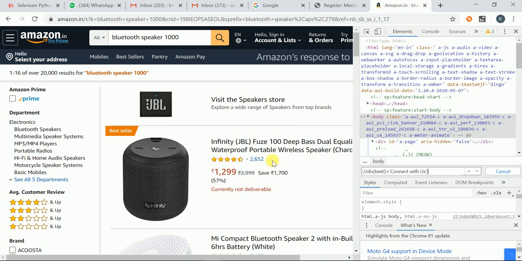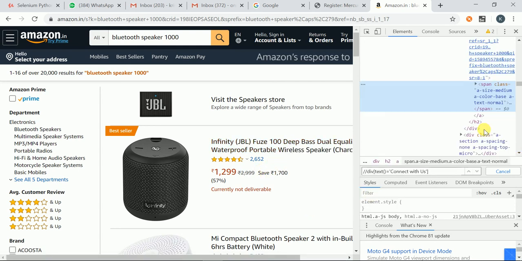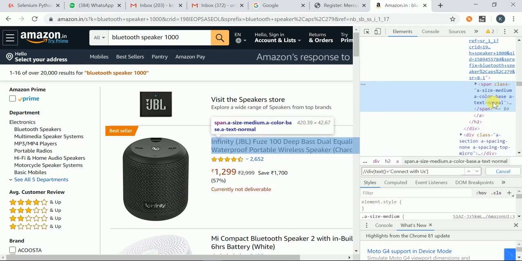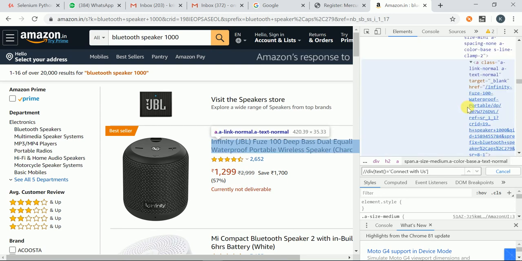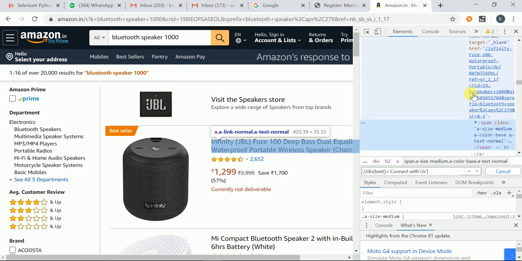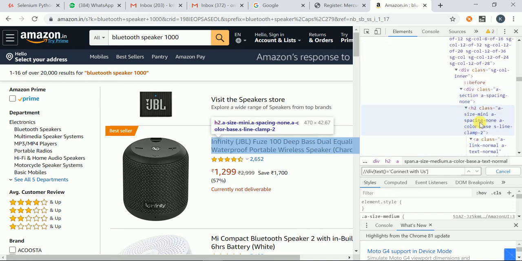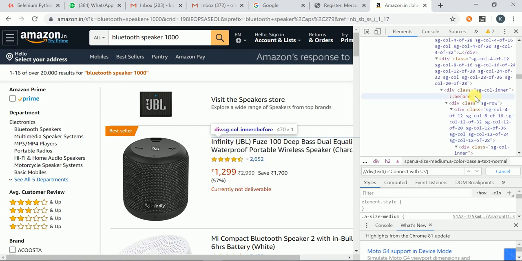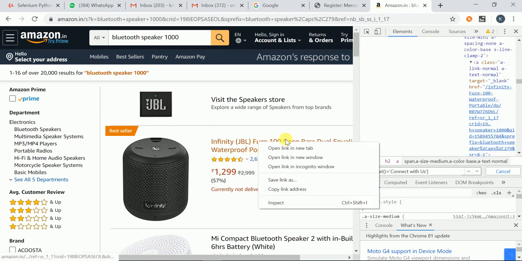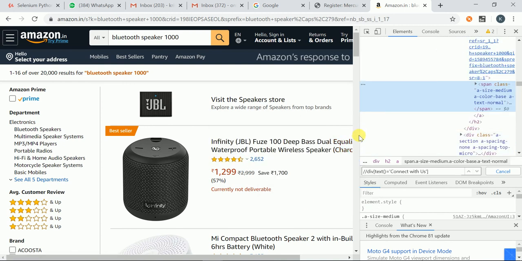See, I want to locate this first element. How can you locate it? Tag name is span, class is there, but it is not having any values. Here a link is there, and this div is there. So let me check one more time, inspect it.